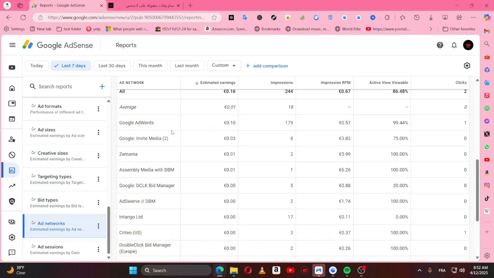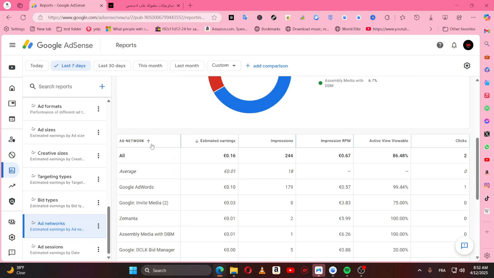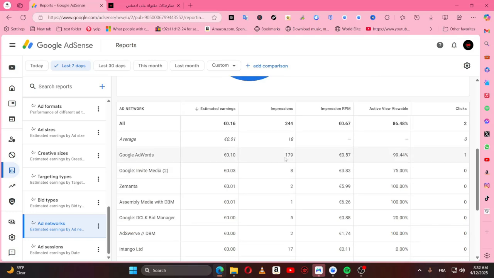Essentially, you're going to be trying to find some bad ad networks that you did not earn from, where you were sending traffic to their ads but they were not converting. For example, this one, the RPM of it is quite underwhelming, 0.57, and we have 179 impressions,